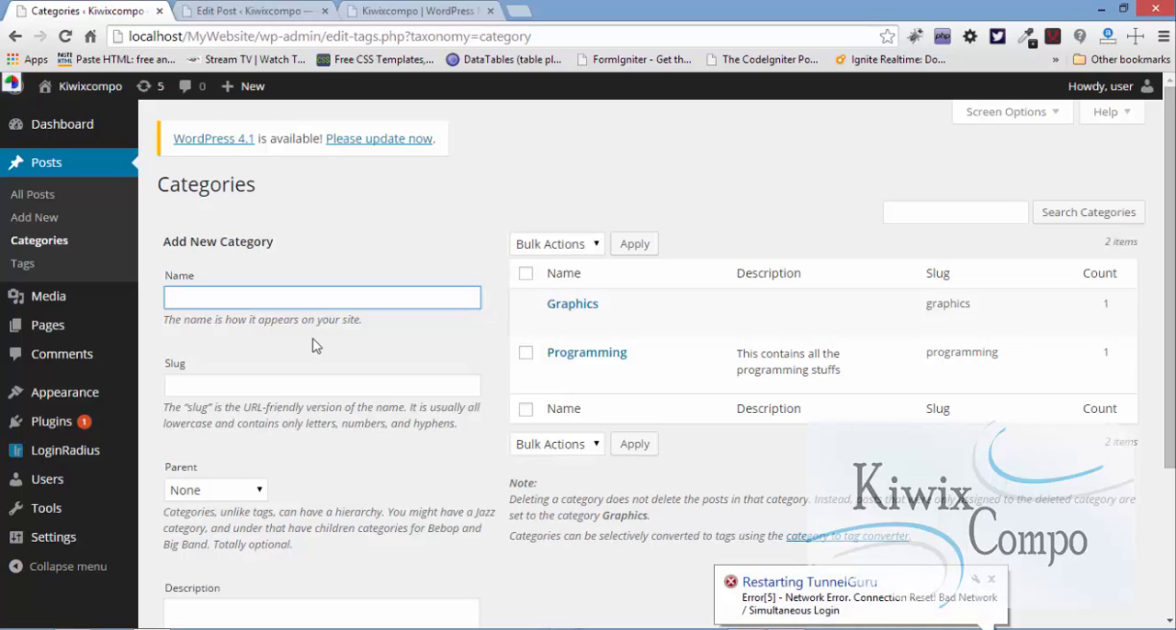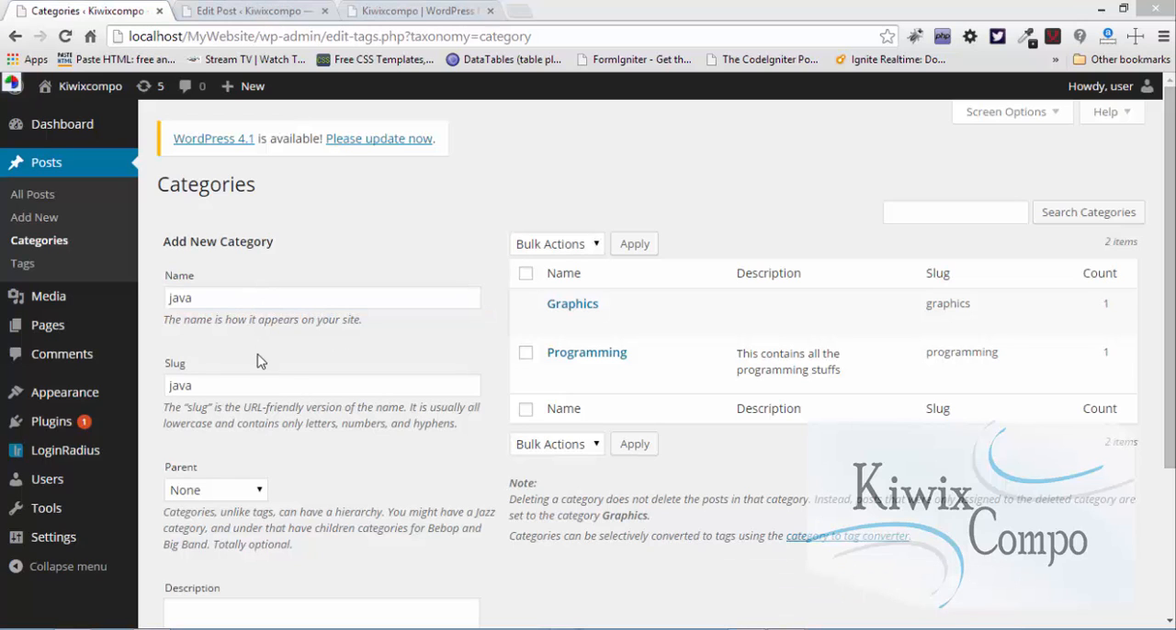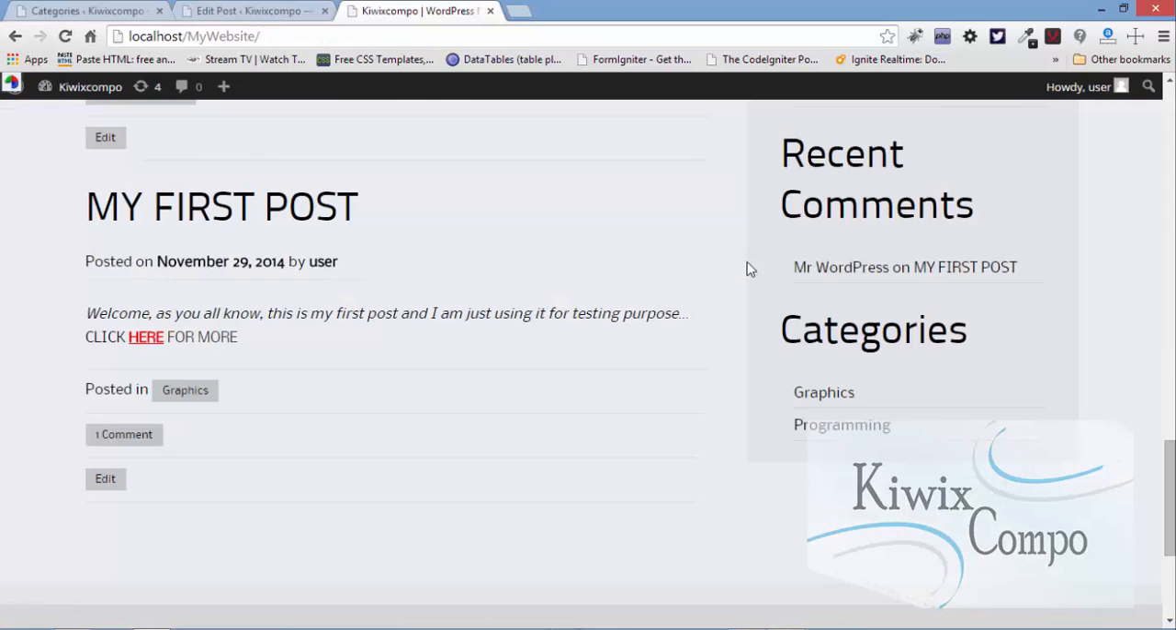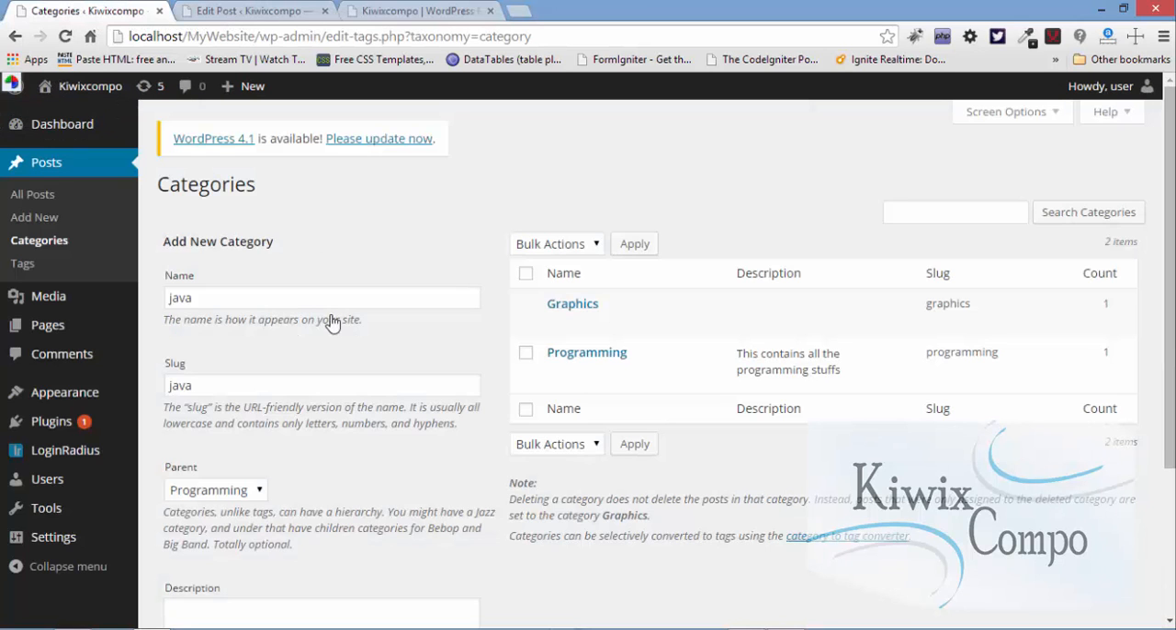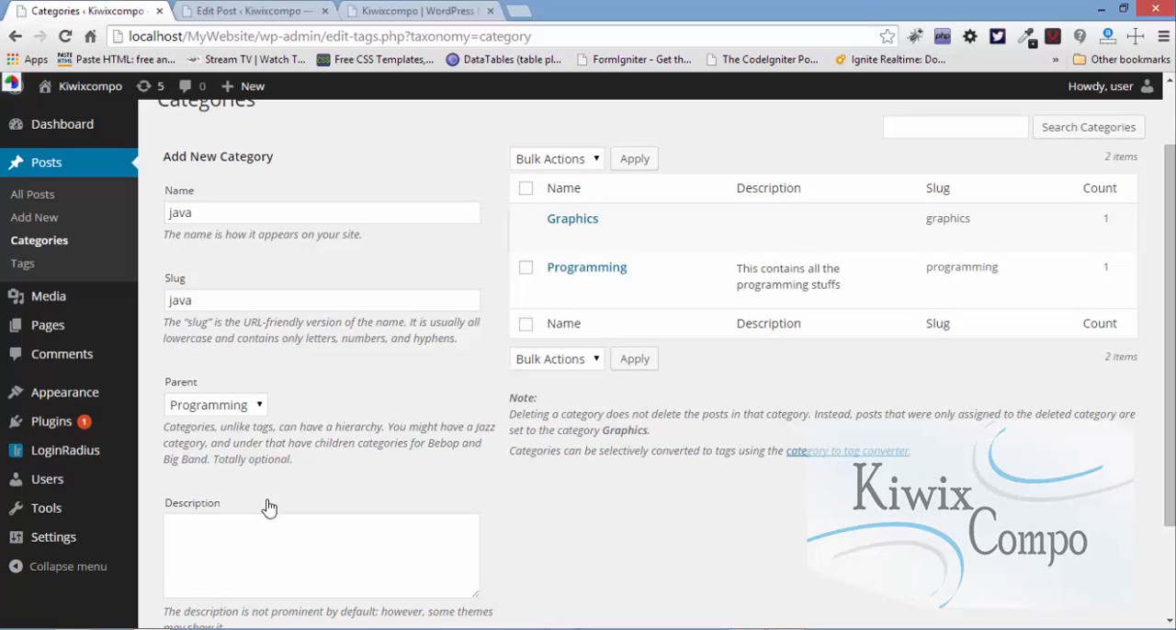let's try adding Java. We are adding Java as a name, and the slug should be Java, and for the parent of this category, we can now select programming. So instead of having graphics programming, Java is a type of programming. We can have Java, C++, Python, all under programming. All right, so now I'm just going to select programming as the parent,